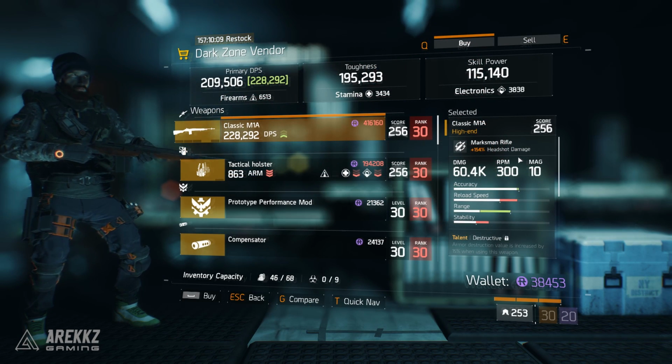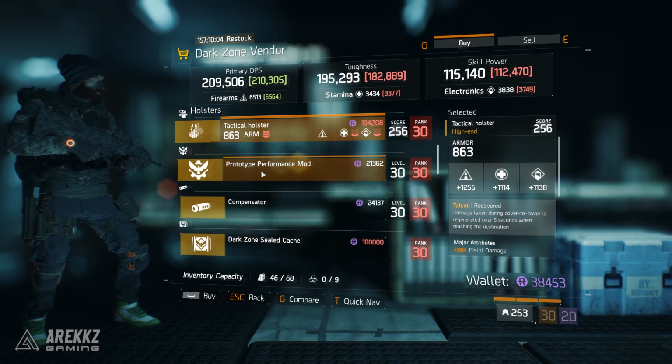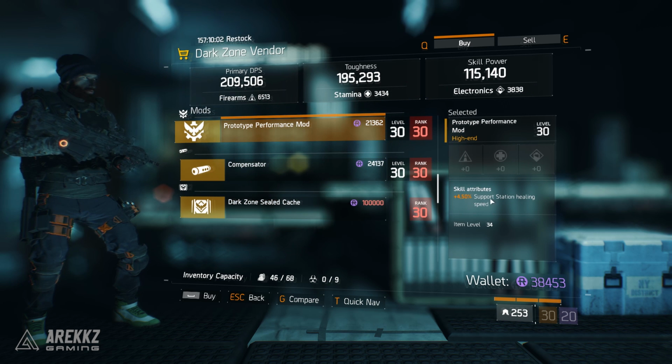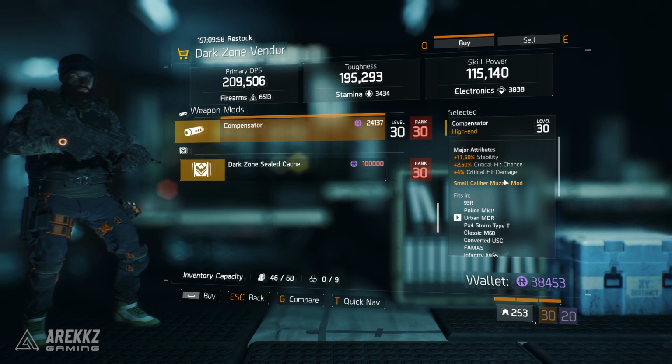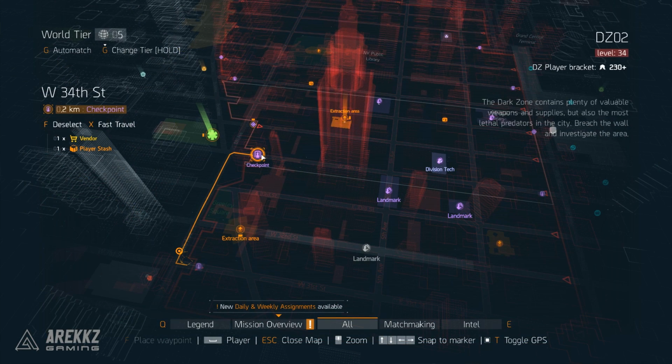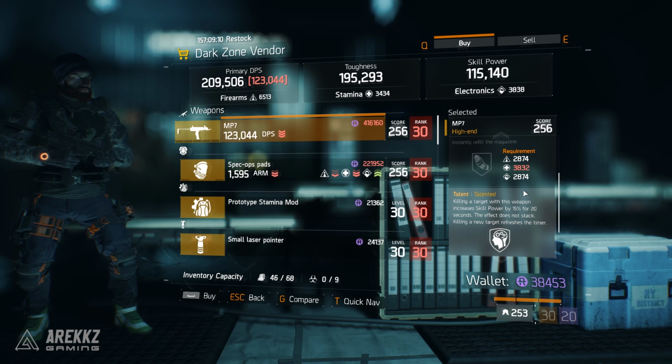This vendor has a classic M1A with Destructive, Vicious, and Unforgiving, a Tactical Holster with Recovered on, Prototype Performance mod with Support Station Healing Speed, and a Compensator with Stability, Crit Hit Chance, and Critical Hit Damage. Moving up from there to West 34th Street, here you can grab an MP7 with Responsive, Meticulous, and Talented, Spec